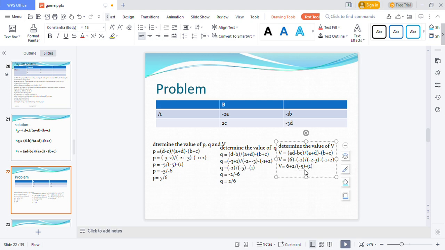So V, the value of the game, equals 6 plus 2 which is 8,